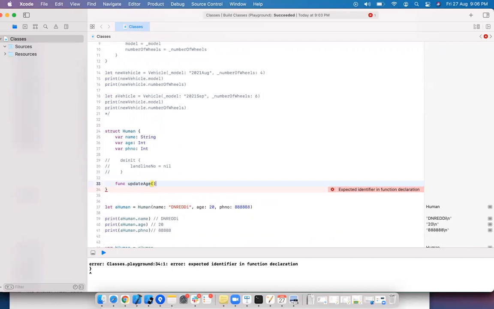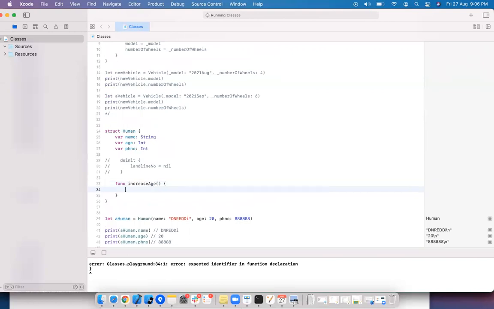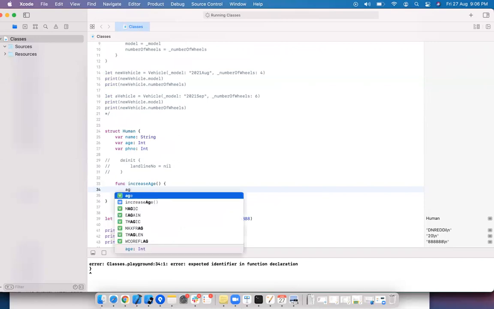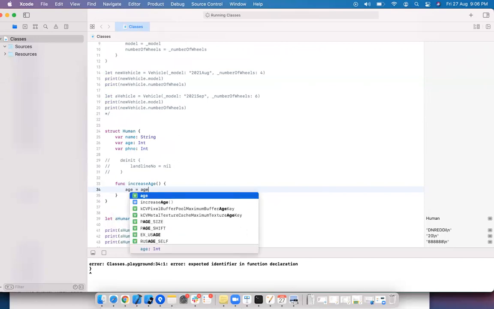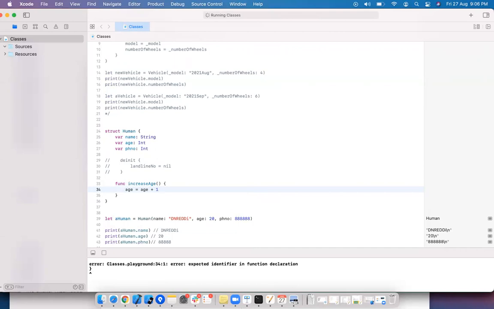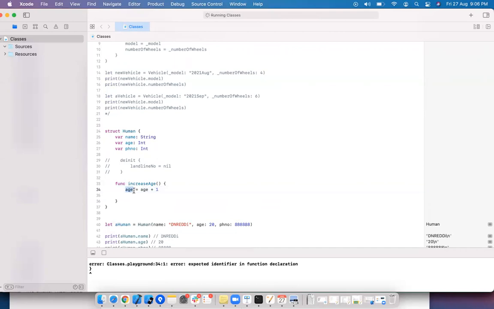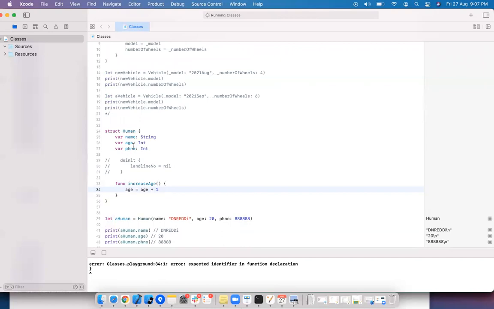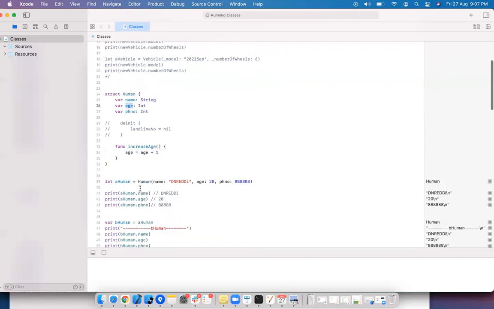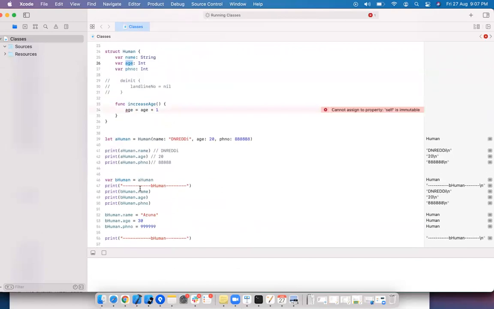To make it simple, increase age is a method. I want to set age equal to age plus 1. Here I'm trying to change the age property of a structure. See if it allows. It won't allow. We need to use the mutating keyword, right?